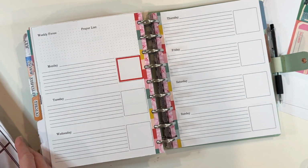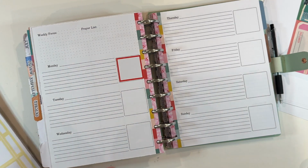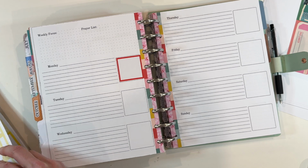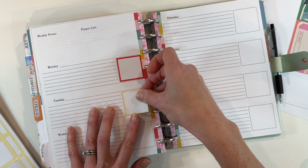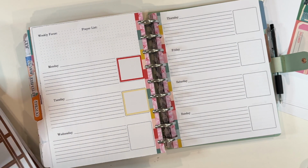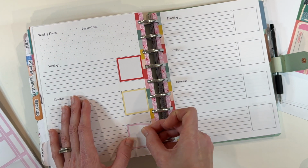So I get questions all of the time about this particular Faith Planner. The cover of this Faith Planner is covered with stickers. All those stickers are from Illustrated Faith. The actual cover itself is from Kelva Plan. She has these beautiful snap-in covers, works really well. The discs that I'm using are expander discs. So these discs are larger than the normal ones that come with a Happy Planner. But you can see this gets to be pretty chunky by the end of the year. So I definitely put it on expander discs. And each month I update the